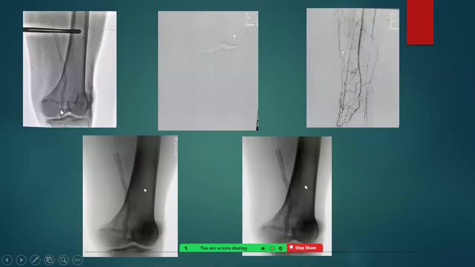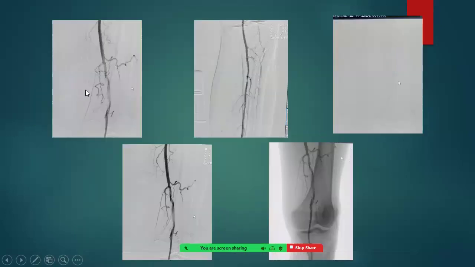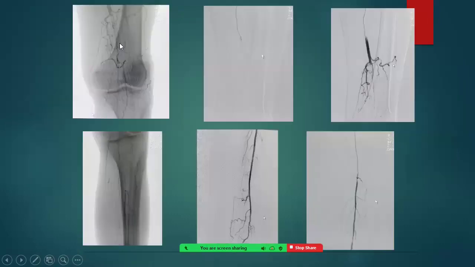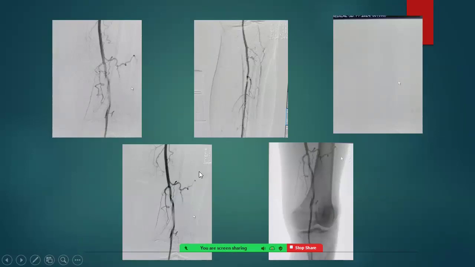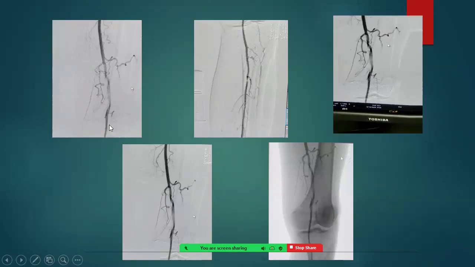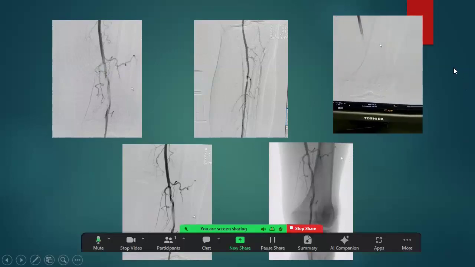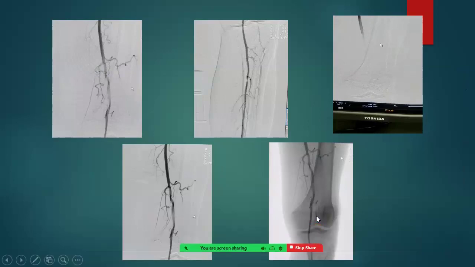another stent from the distal, because this patient had disease from the distal SFA till the popliteal artery, ATA, tibioperoneal trunk, and the proximal part of the posterior tibial artery. Approximately 25 centimeter long segment disease was there, but we put the stent only in the distal part of this diseased segment because the popliteal is very smooth. So we did not stent the popliteal artery, because we can see the popliteal artery in this image. It's very smooth, so no need to stent the popliteal artery or put a stent across the joint here.